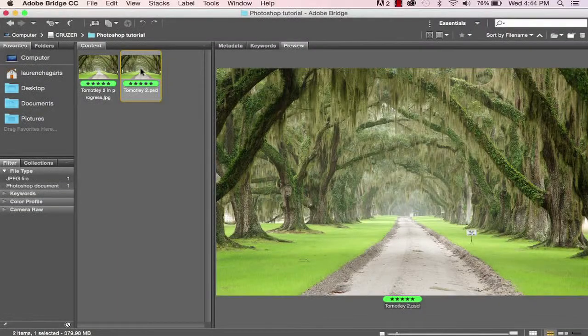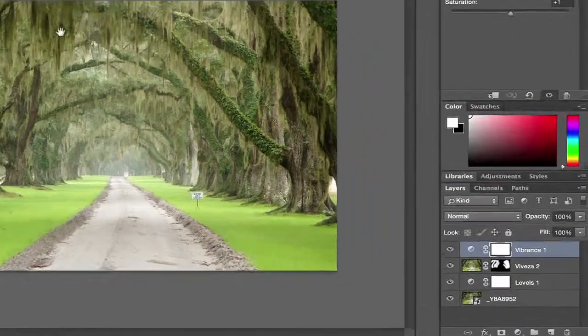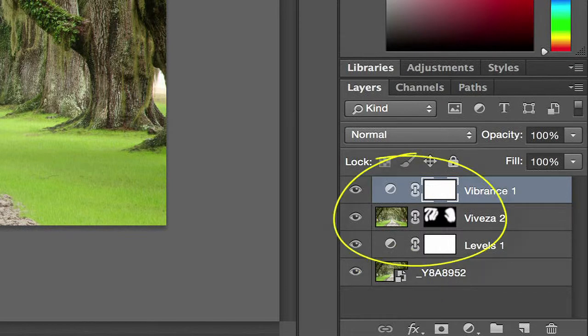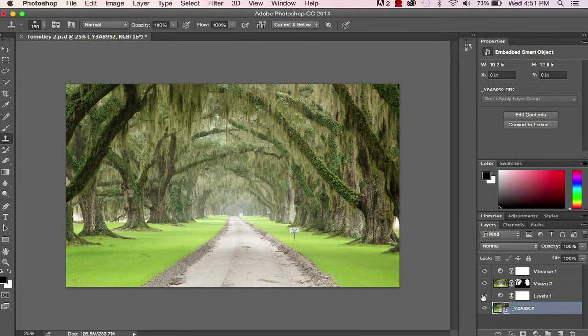Let's open up a Photoshop file that we've already been working on. This file contains an image layer or pixel layer on the bottom, which in this case is the photograph that I took, and then a stack of adjustment layers on top of it that alter the look of the photograph. If you're not familiar with adjustment layers and what they do, be sure to watch my tutorial that focuses specifically on adjustment layers. The important thing to remember about cloning and spot removal is that it can only be done